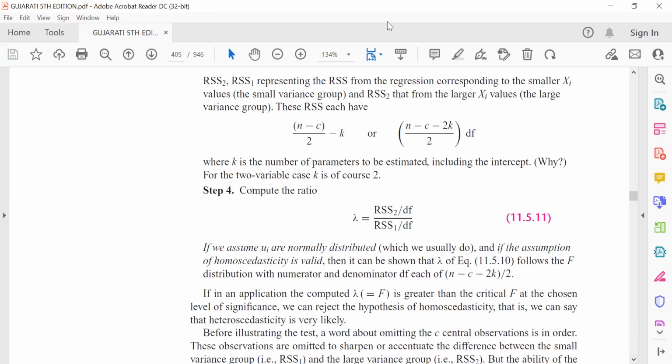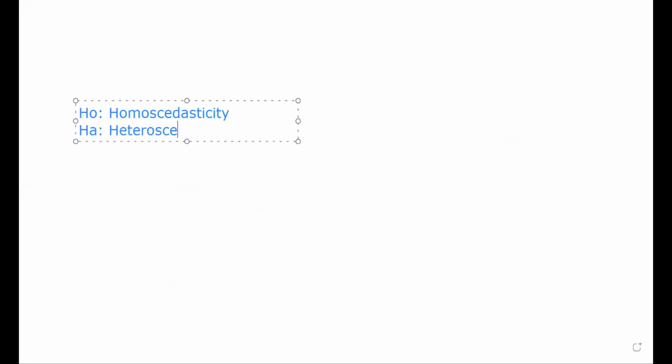Here I have to explain for you: the null hypothesis for heteroskedasticity is homoskedasticity. The alternative hypothesis is heteroskedasticity. If H naught is rejected, it means there is